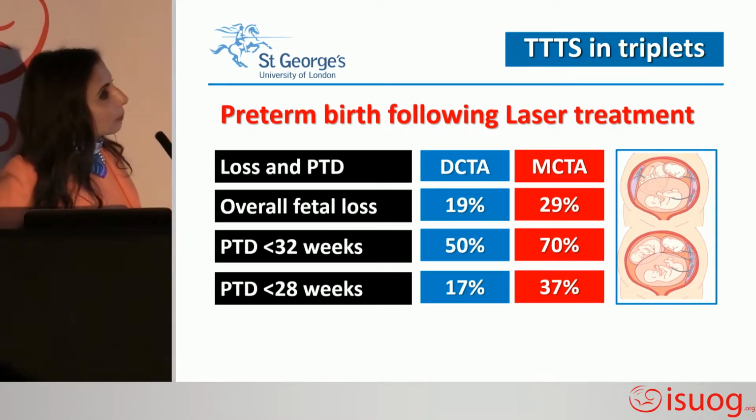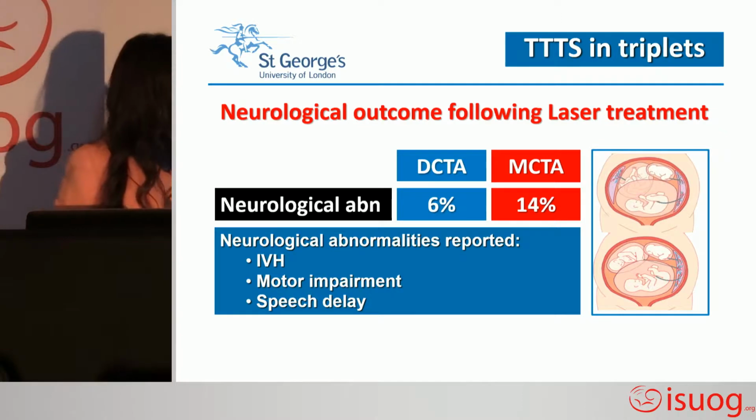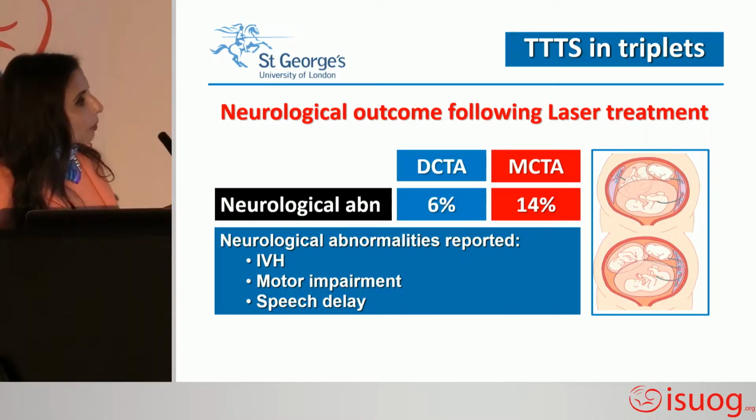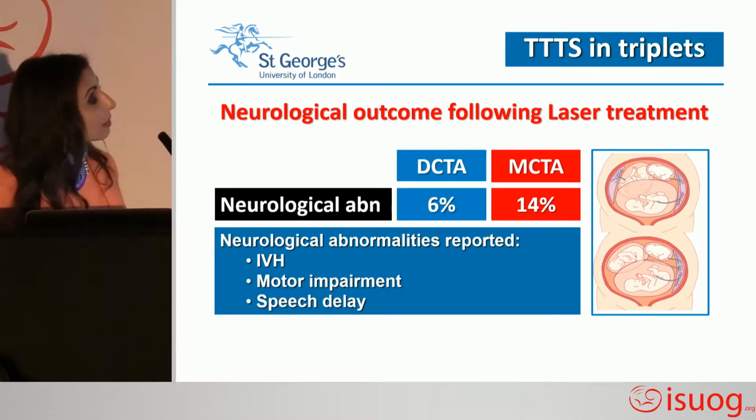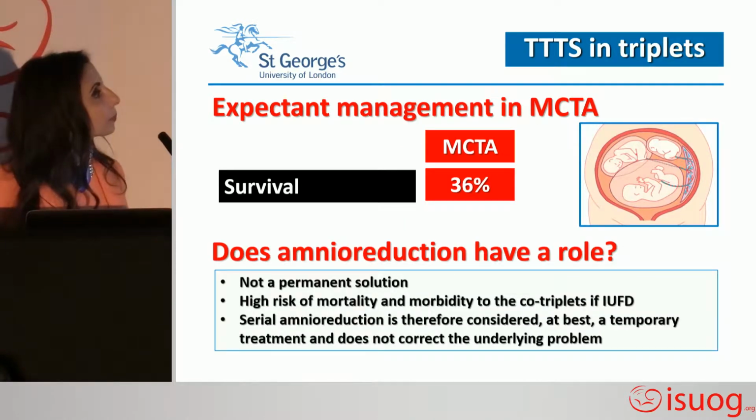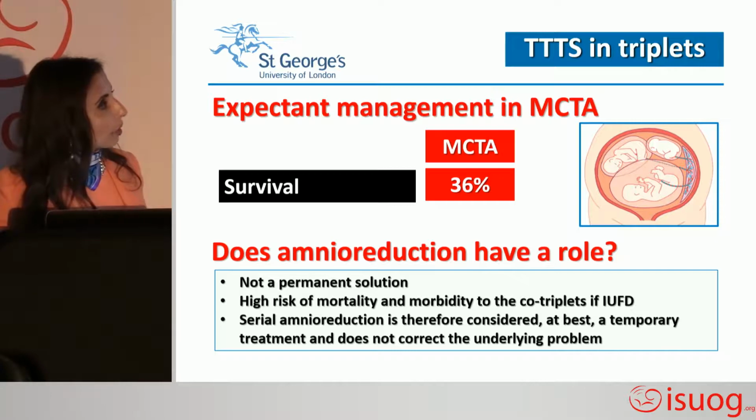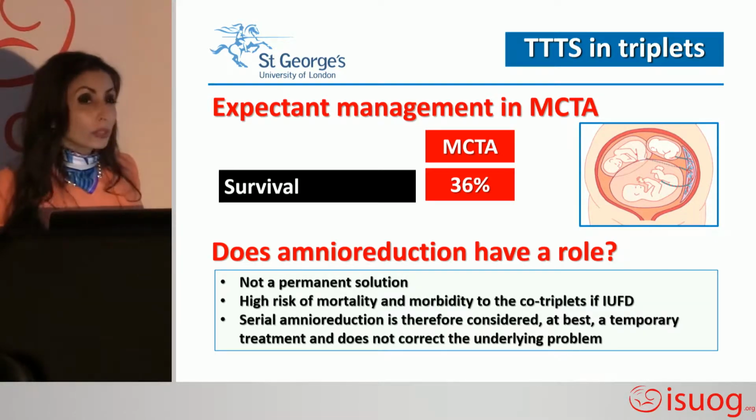And also the preterm births tend to be higher in monochorionic triamniotic triplet compared to dichorionic triamniotic triplet. Again, the neurological outcome tends to be worse if you have monochorionic triamniotic compared to dichorionic triamniotic. But the abnormalities are similar to what I showed you before, the ones related to TTTS. If you do expectant management in monochorionic triamniotic triplet pregnancy complicated by TTTS, the survival is only about 30